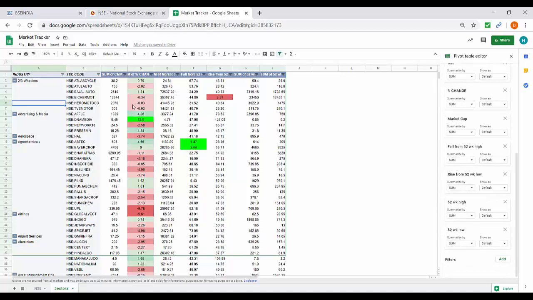I have also put conditional formatting on the colors of the percentage moves. That is, the more the percentage move, the brighter the color, and the less the percentage move, the lighter the color.